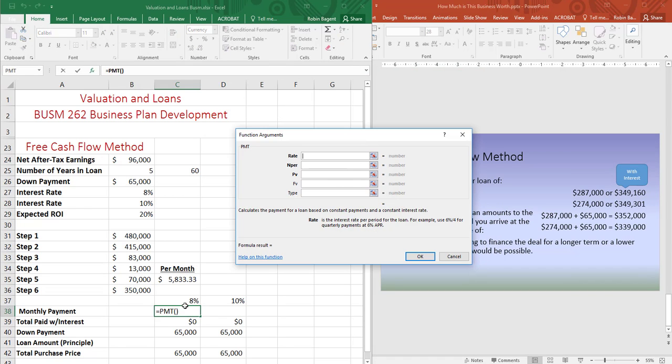We're going to start with the rate. Our rate is 8%. We're going to make 12 payments in a year, so we type in 12. Next item on our list, total number of payments. Well, that's 60. And then the present value, so how much we can actually borrow. There are other ways to be able to determine this, but I'm showing you this way because chances are you're going to look at a wide variety of numbers, and this is the easiest way to look at a wide variety of numbers